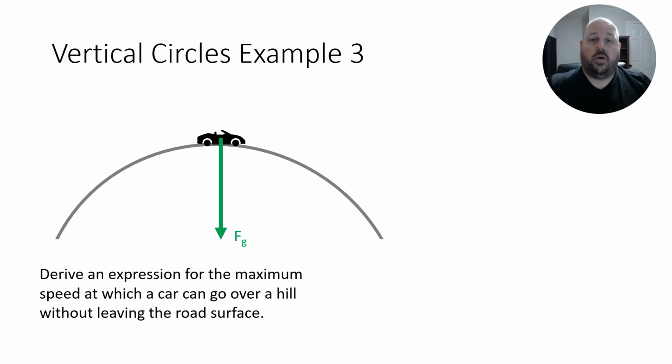So let's draw the free body diagram for our car on a hill. Obviously, gravity pulls it down, like always, and then the normal force pushes up. If we consider these forces and what they do, we can derive an expression for how fast the car can go over the hill before it loses contact with the hill. I'm going to set down to be my positive direction,